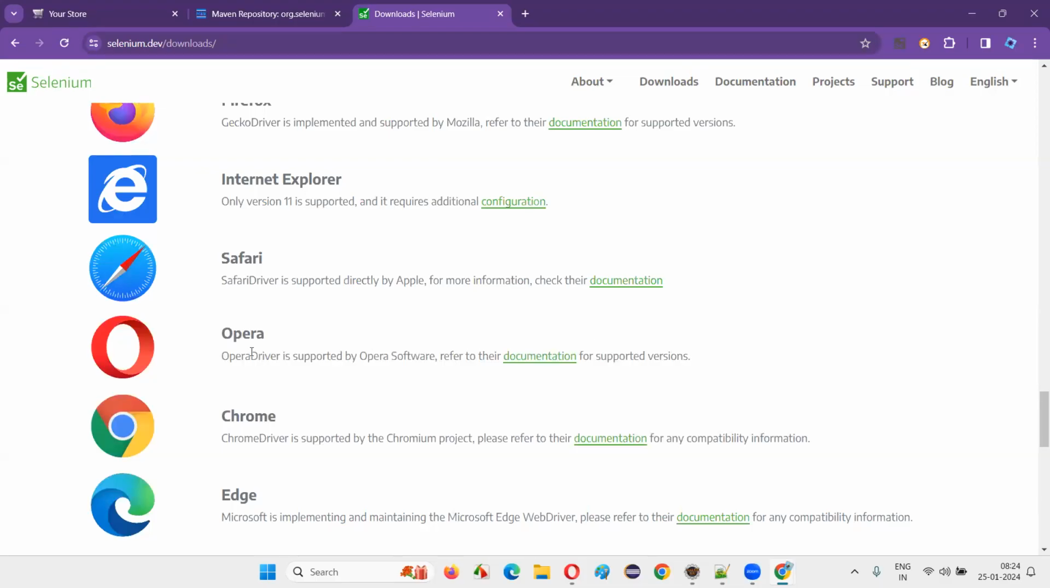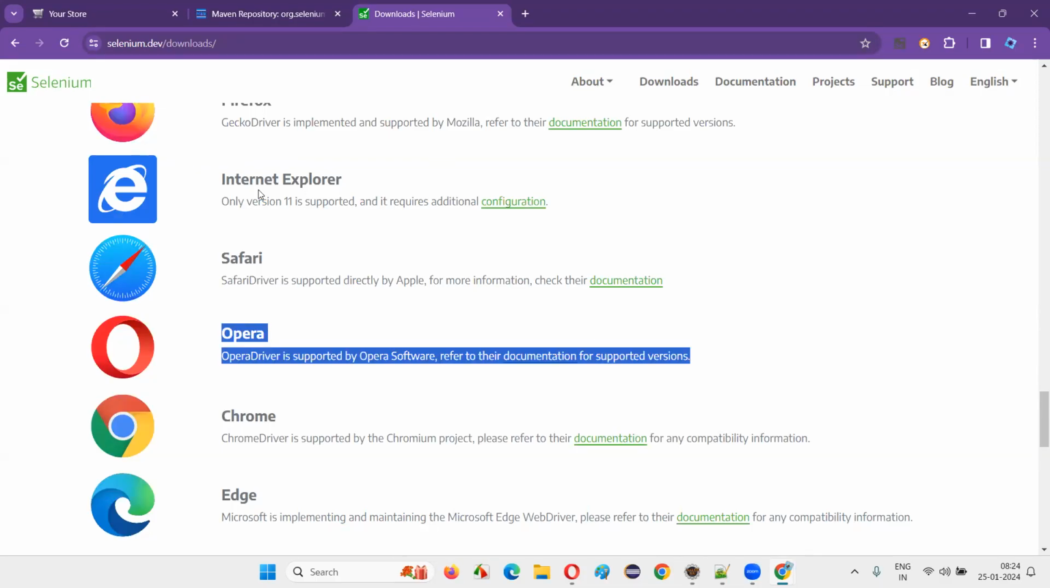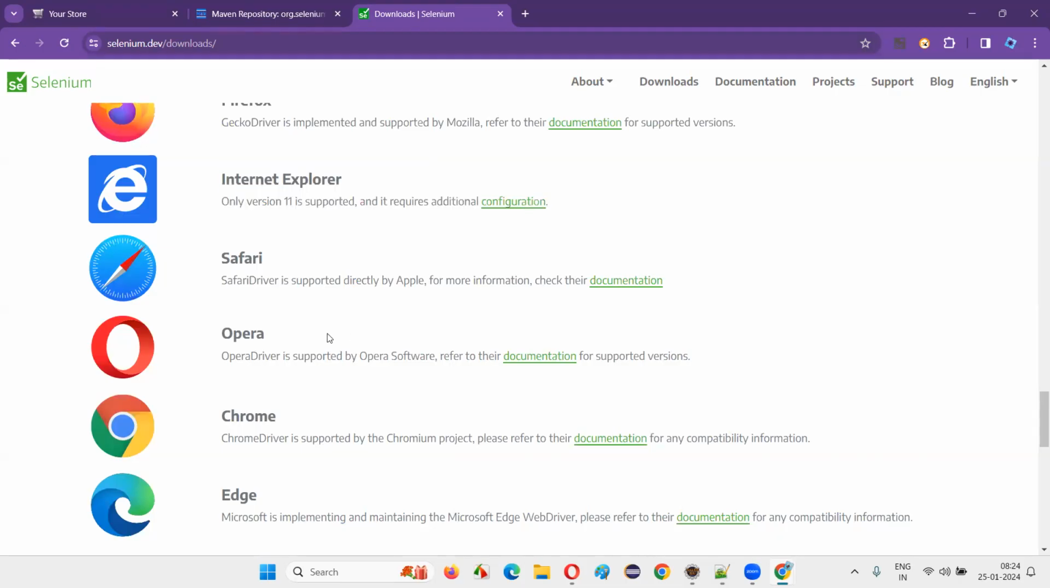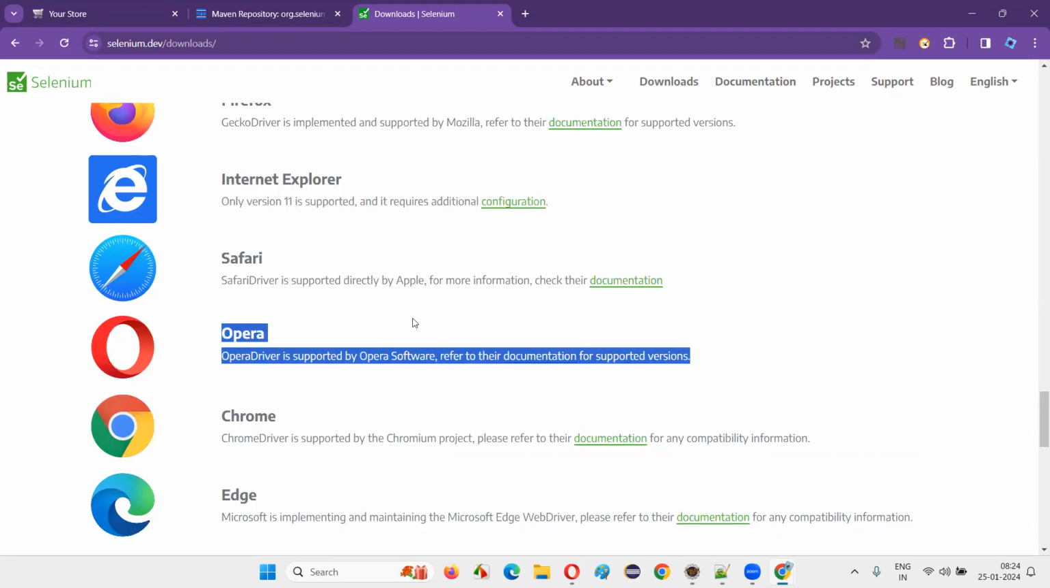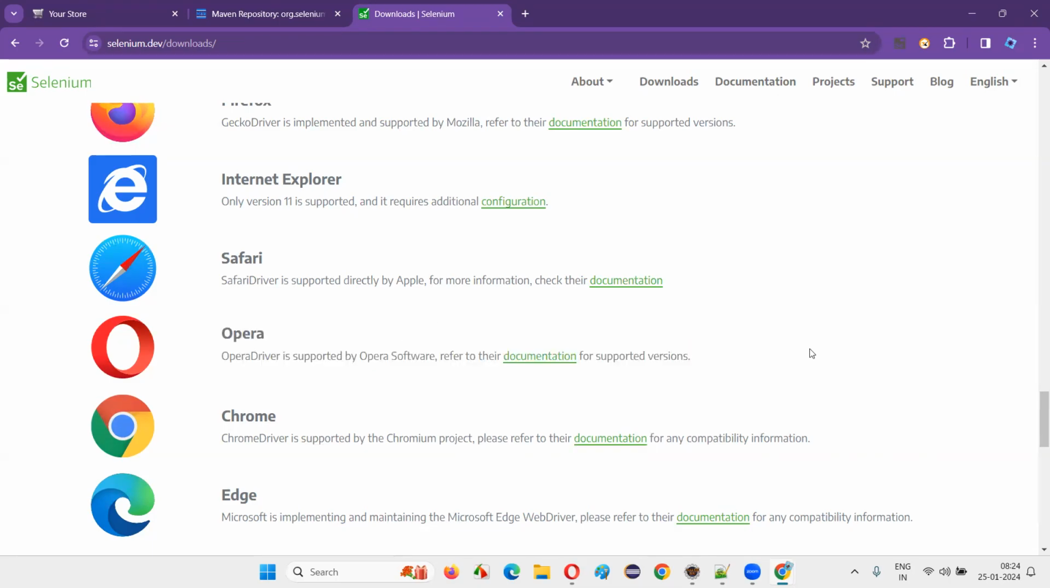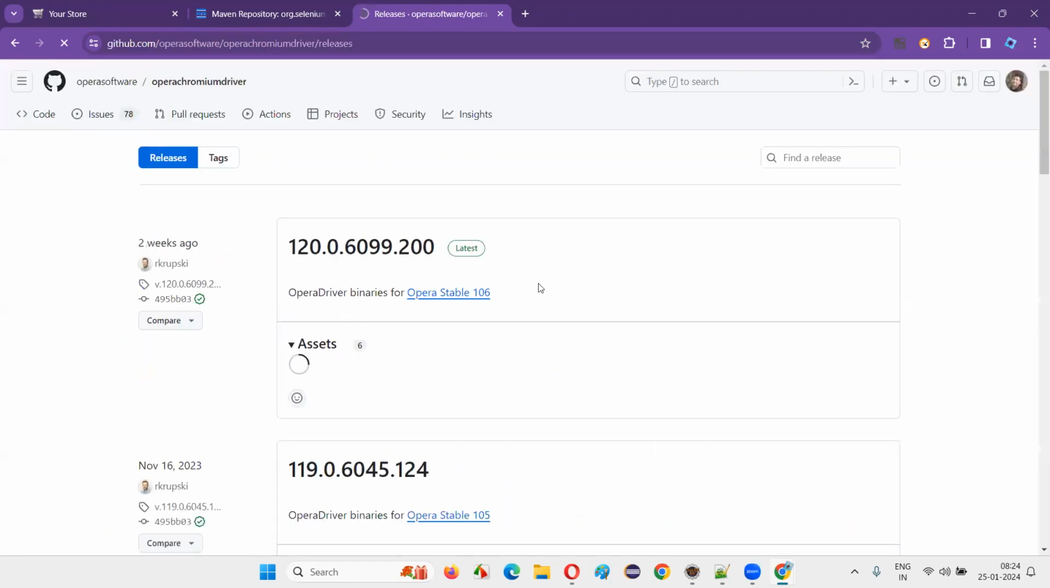Why Opera? Not required. Why don't we have to run our scripts on the IE browser? First, I'll check with Opera. What's happening is that older versions of Selenium were supporting the Opera browser, but the latest versions are not supporting Opera. If I go to the documentation of Opera here,